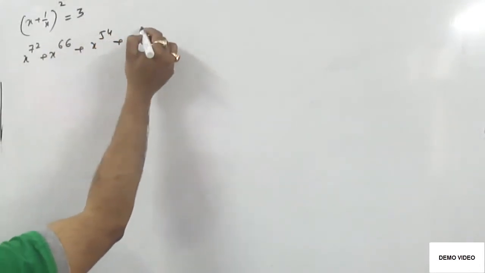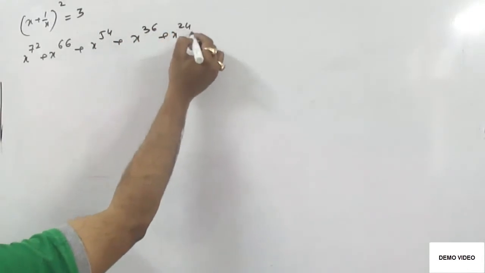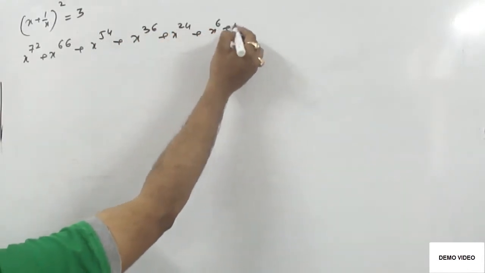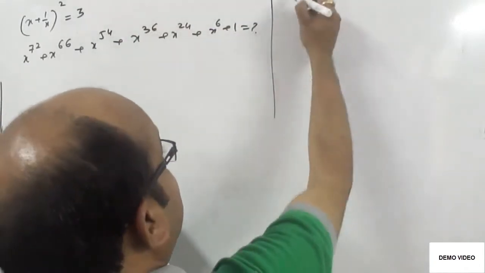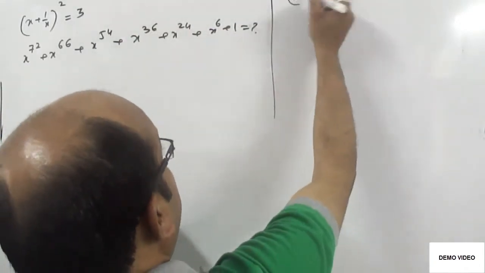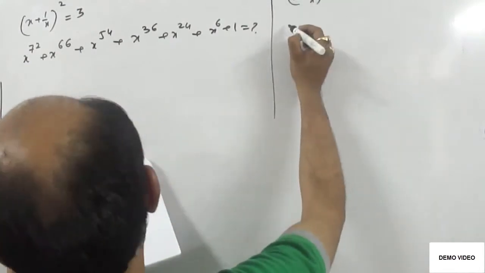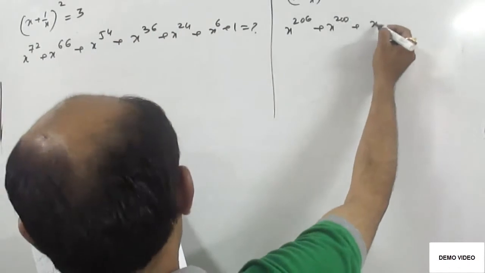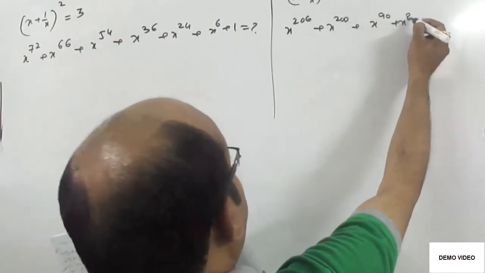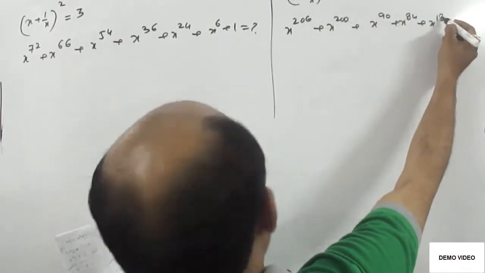See, this is a question asked in the 2000 examination. The basic of the question is the same. How can we start this question? See, if we try to solve it as a quadratic, we can't solve this question as the powers are very high. We can't solve it. So we have to find some simpler way to solve these types of questions. So we will start with this part.